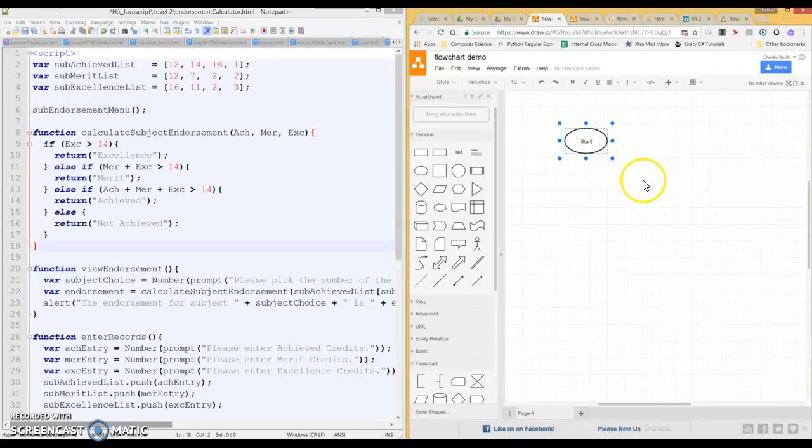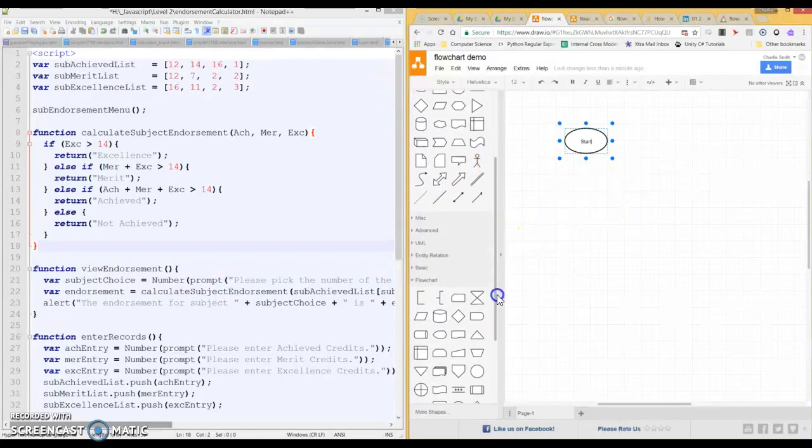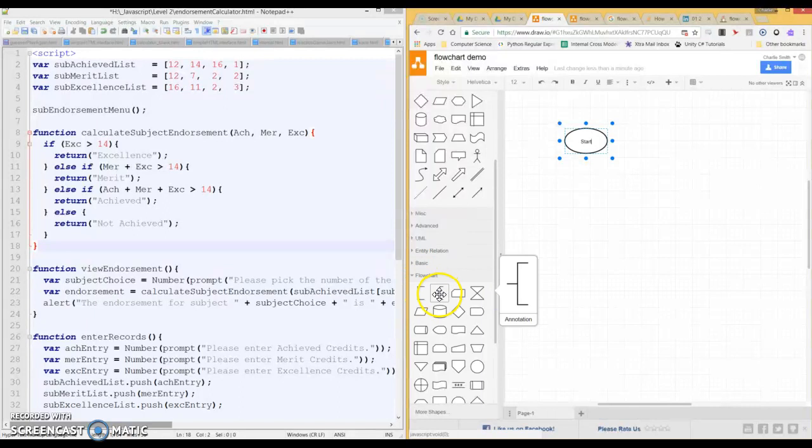Nice. So first things first, I've got these variables here that are being passed as parameters. Now I did look this up and tried to find the best way of showing this in a flowchart, and what they recommend, one of the good reasons for opening this flowchart section, is to use this annotation block here. So if I put this annotation block and then start writing in it, I can put in